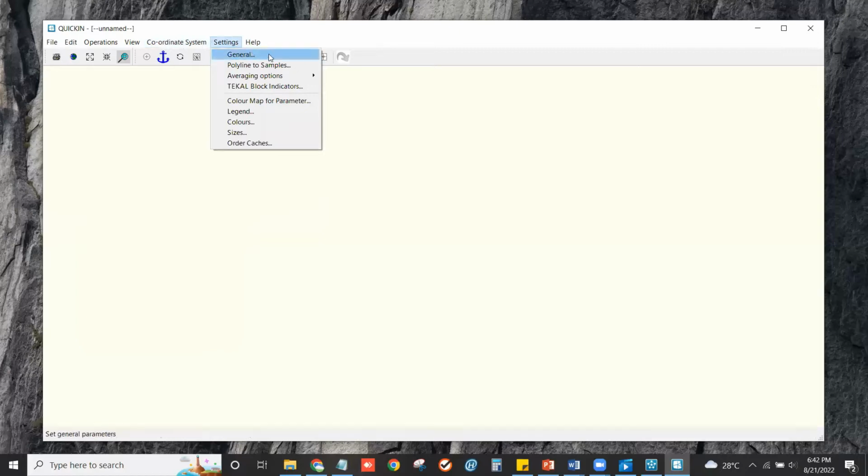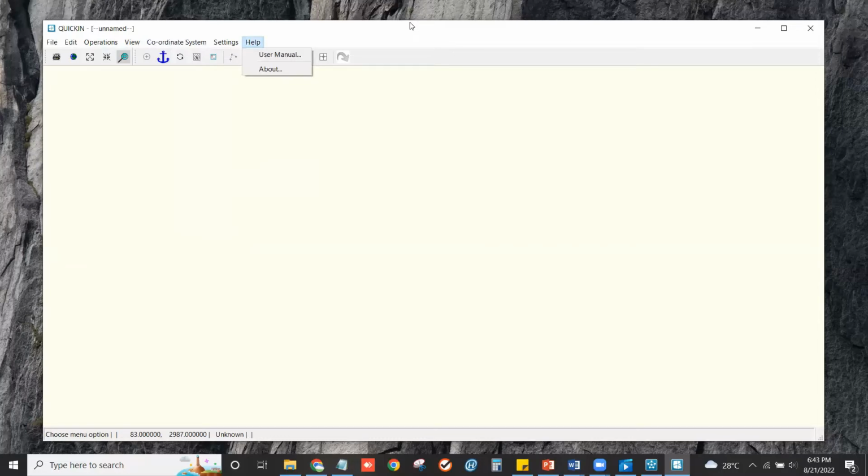In setting, we have settings about legend, colors, size, etc. And help is the user manual. Okay, we will practice or exercise with these steps.